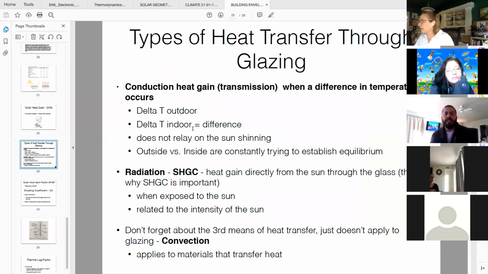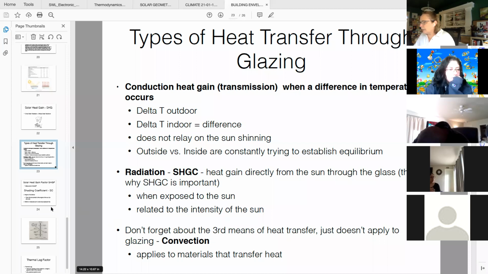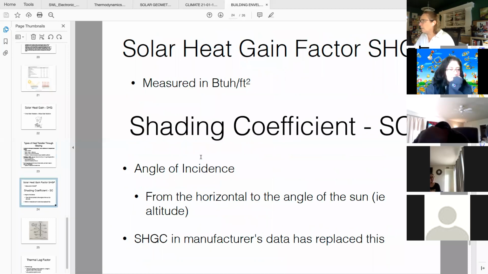So we've got conduction and radiation, and there's also reflectance, but that's not a method of heat transfer. Conduction and radiation are heat transfer. Convection, okay, so then